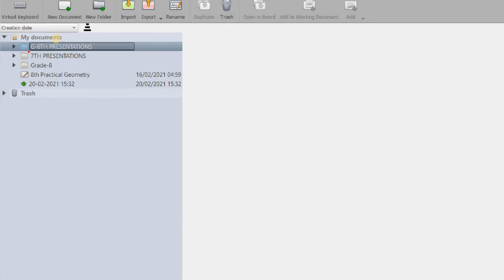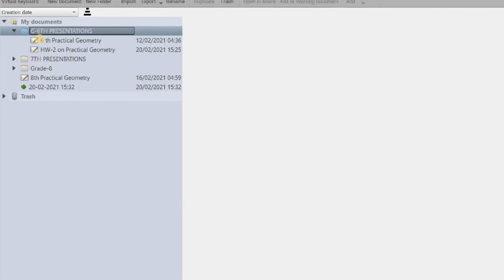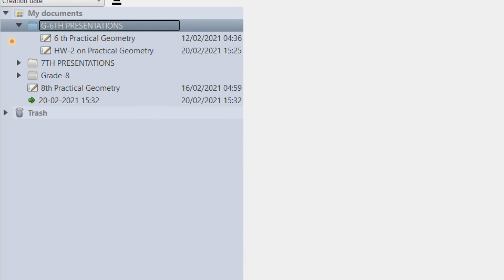I have selected this one. Now I want to open a board under this folder grade 6. Actually this folder 6 has some files already. To know that, I can just click this icon so I can see the files stored there. Once I click it, I can see these are the files that are already stored in it. Homework 2, I have already done it. Anyway, I will again show you how it is done.